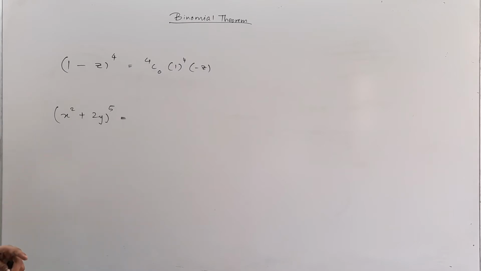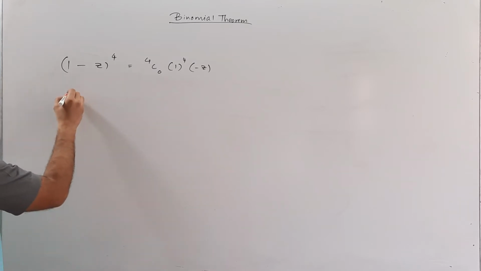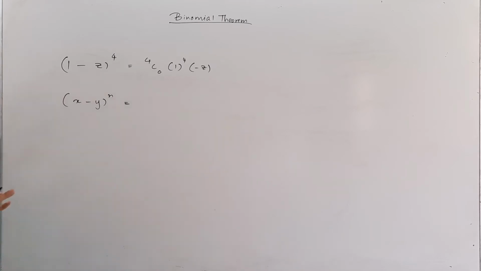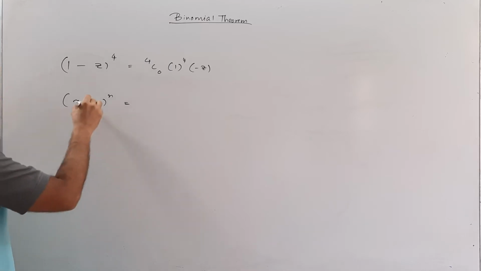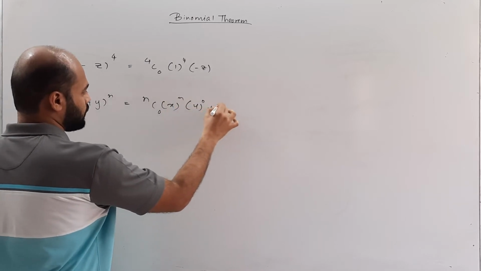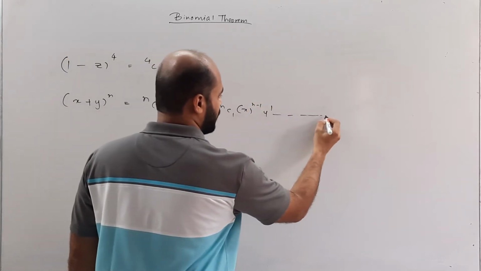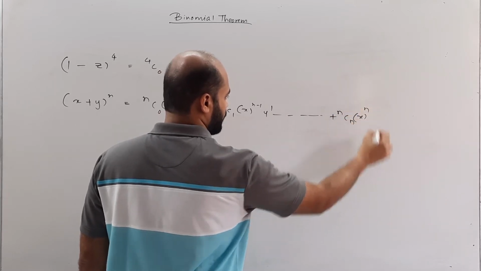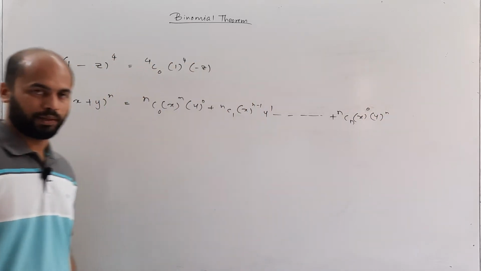Now, as a short note, we will consider x minus y raised to n. So the only change in this particular expansion from what we had in x plus y, it's almost going to be similar. So nC0 x raised to n y raised to 0, nC1 x raised to n minus 1 y raised to 1. So this will keep continuing, and then the last term is going to be nCn x raised to 0 y raised to n. That is what it is going to be.